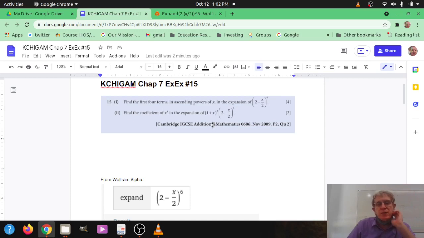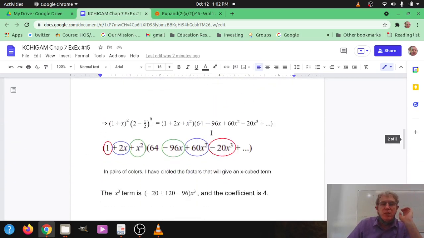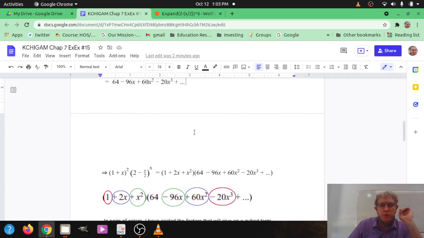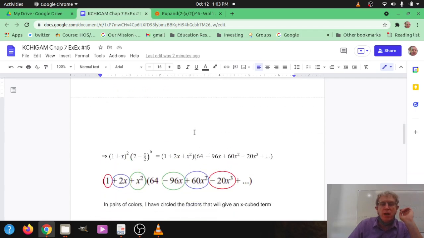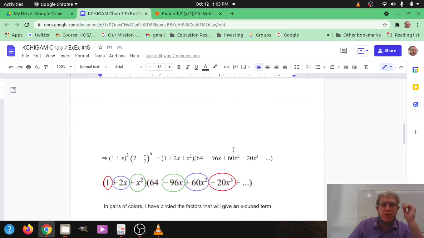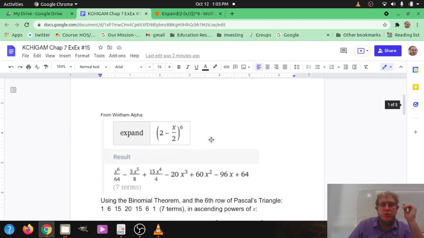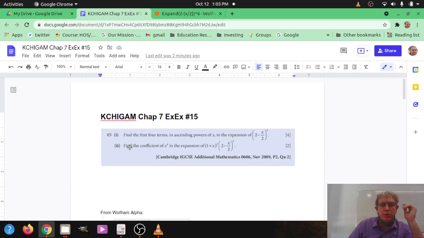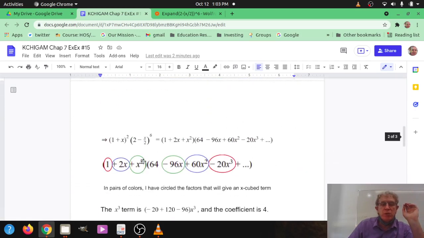So that's interesting. Let's think about that. Now, I need to multiply out 1 plus x quantity squared times what I just computed. Now, I obviously am going to need only the first 4 terms, or maybe even less than the first 4 terms. I'm not going to care about what comes afterwards, because one thing about these part 1, part 2 questions, you often use part 1 to solve part 2. So what I'm going to do is I'm going to write out, first of all, that